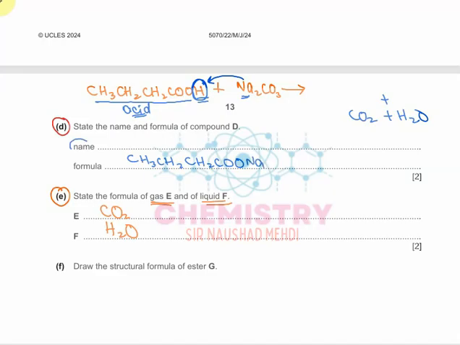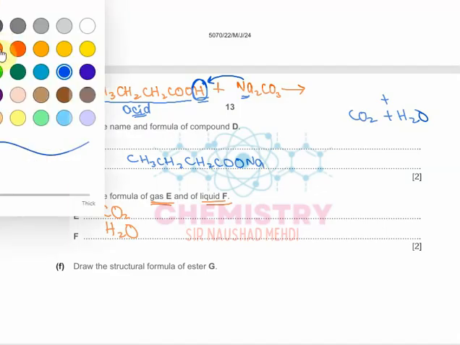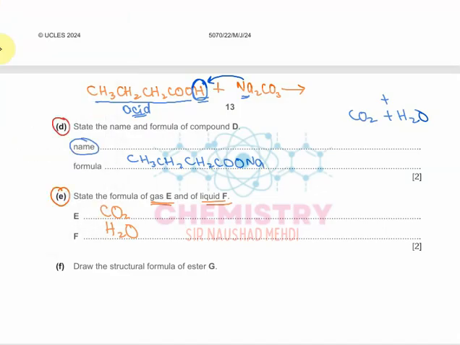Now they were also asking the name of this salt which is being formed. So how are you going to name it? The naming of this salt would be similar to the naming of an ester, right? When you were naming an ester, you started from the group which is attached to COO. So after COO, what is there? Sodium is there. So first of all, you will write sodium,